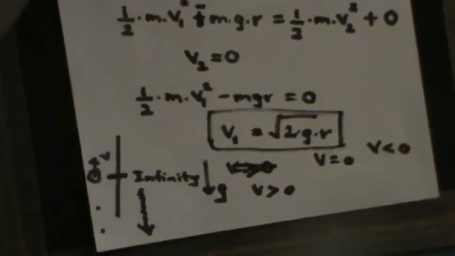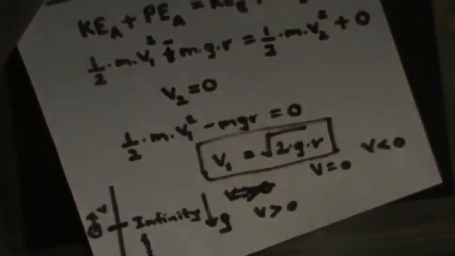V is minus at infinity means the object has already returned along the path it went up, so the object is now falling under gravity. So the minimum velocity to escape to infinity is the velocity when v is equal to 0. That was found here: v1 equals root 2gr. That is the velocity needed for an object to get rid of not only the Earth's, but any surface's attraction. That is a special concept, commonly called the escape velocity.